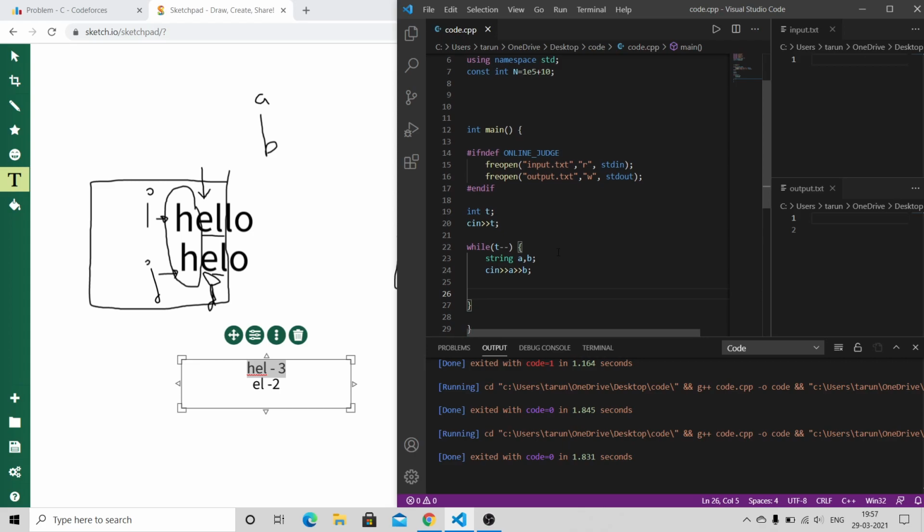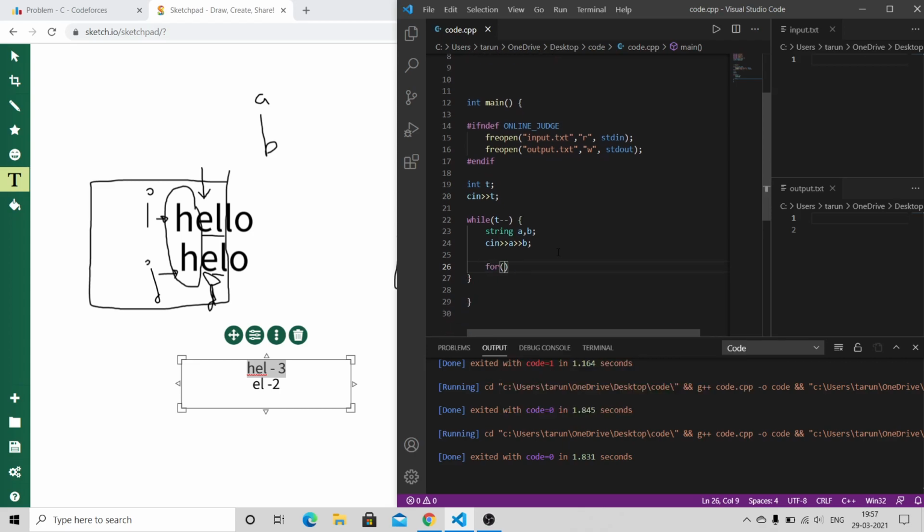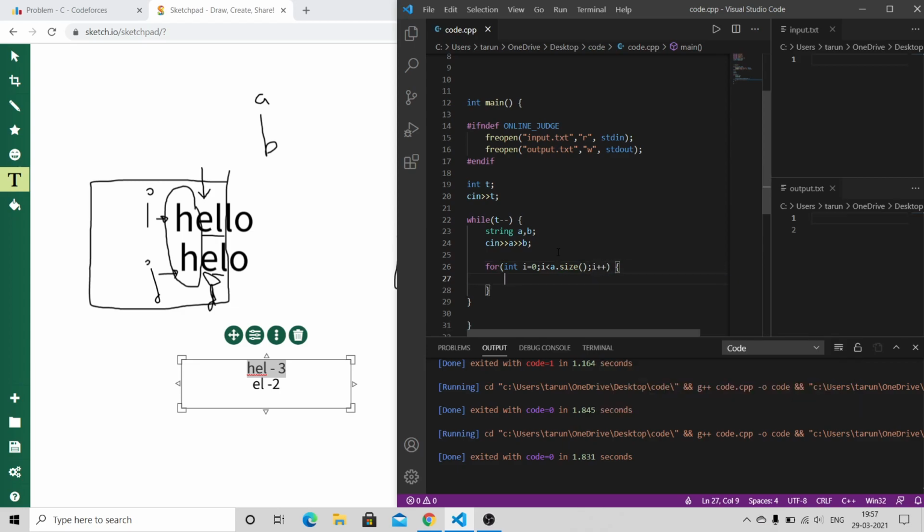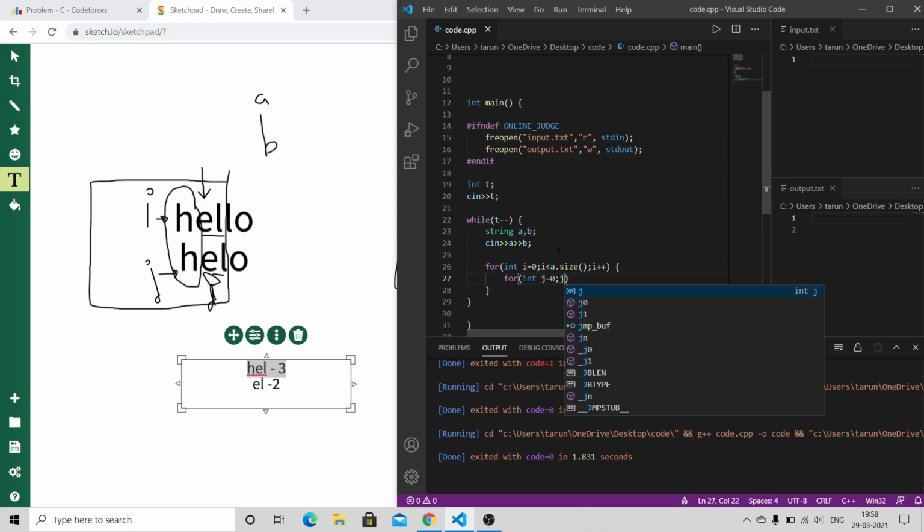So here I'll iterate the first loop with the variable i, as I said. Now I'll iterate through the second loop with the variable j.